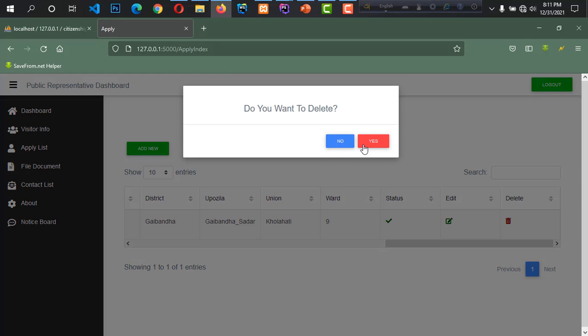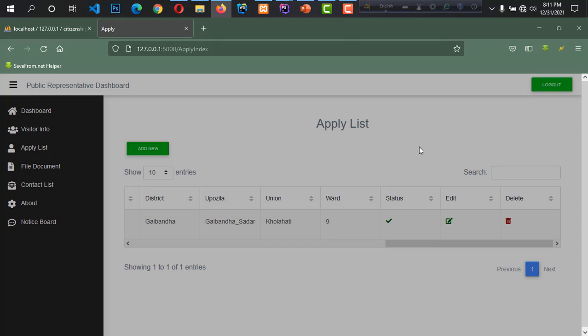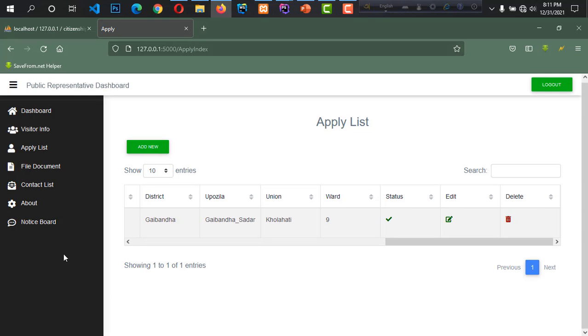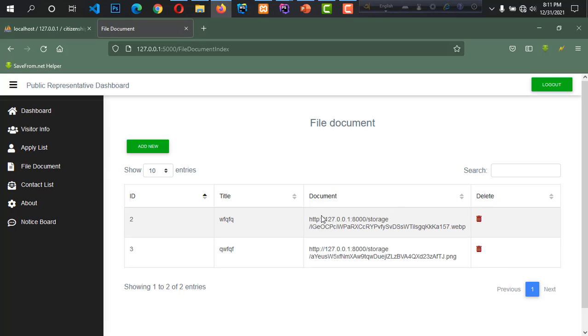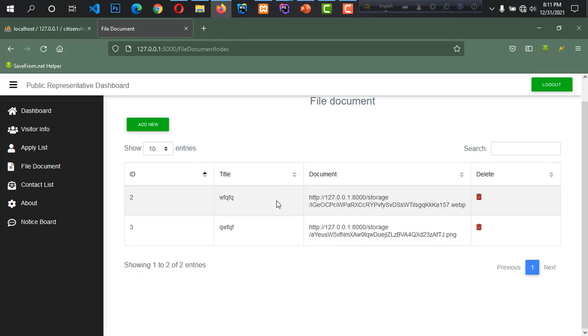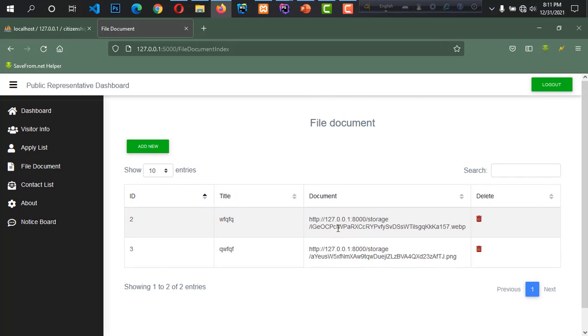I mean, he can delete this application easily. If we click on yes, then the application will be deleted successfully. So here is the file document. Here he can upload his signature and details about all of this file.